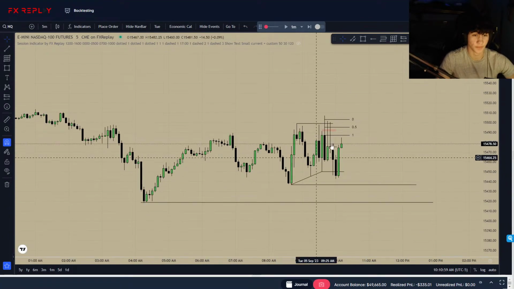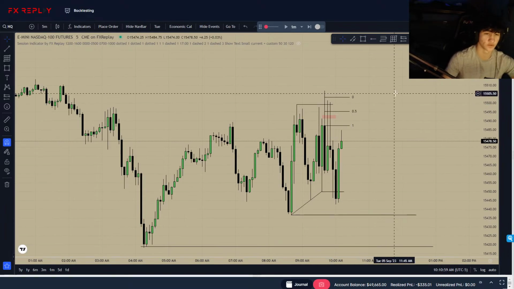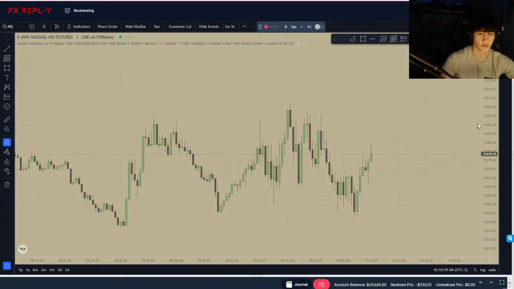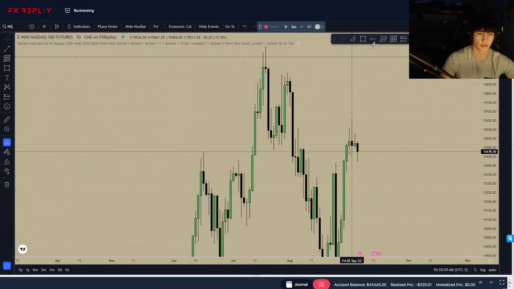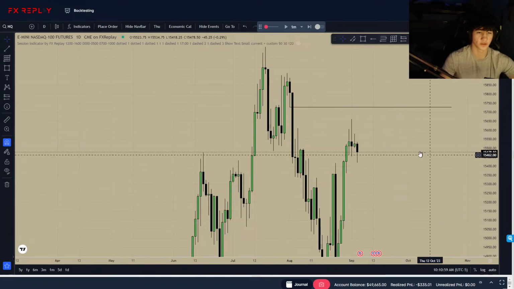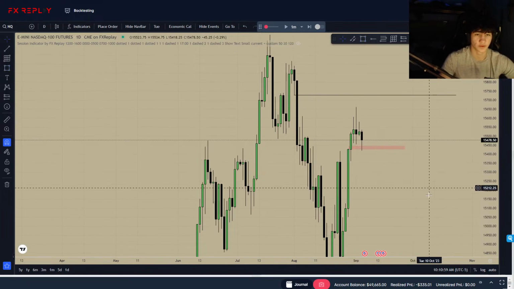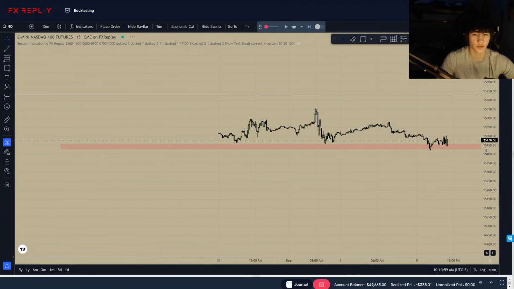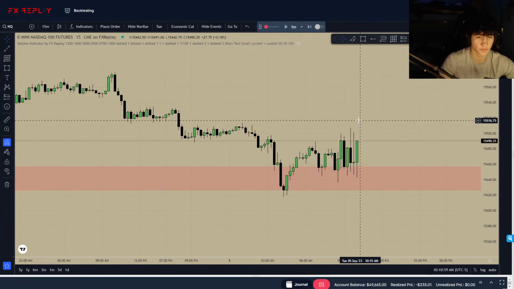Oof, this is bad. Especially on the 5 minute, that's bad. You don't want to see that if you're trading. Where's the daily DOL? Daily draw on liquidity, it's still higher in my opinion. This high right here, we still have to fully fill out this imbalance. So I'm still bullish on the daily. We did also just fill out this fair value gap, but scale lower. We're trading bad conditions right now, so I'm not really too surprised that we're taking losses.